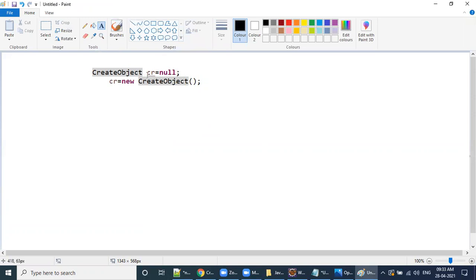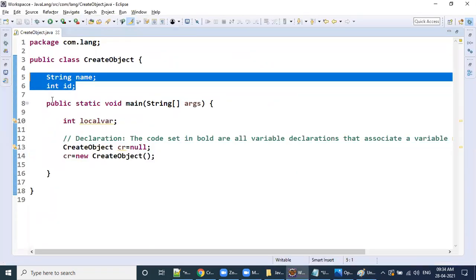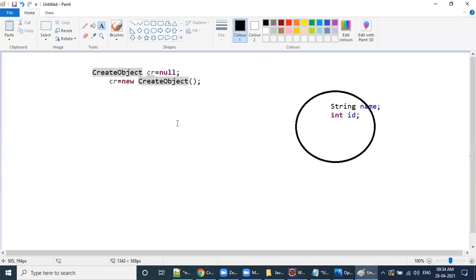See, here are two statements, right? First one is object creation. In this object, what is the data here? What are the instance variables? ID and name. Whenever this line is executing, what will JVM do here? JVM will create an object.